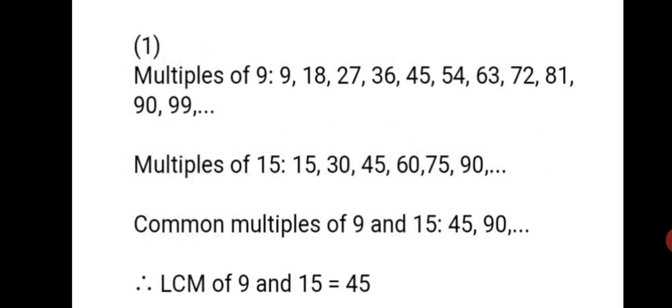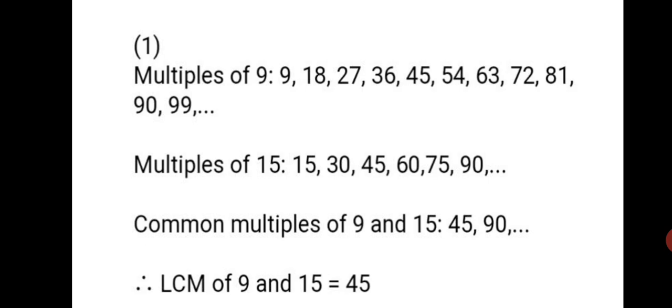First one, multiples of 9. 9, 18, 27. Go on with the table till you reach a common multiple. So usually we write till the table of 9 tens are, any number into 10, whatever you give, so that much we can write first. So 9 ones are 9, 9 twos are 18, 9 threes are 27, and so on till 9 tens are 90, 9 elevens are 99. And dot dot dot you have to write further after the comma so that it tells us the multiples are further extended.